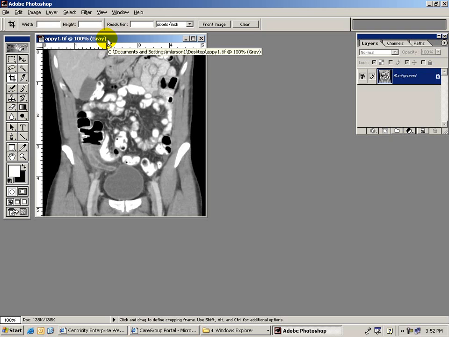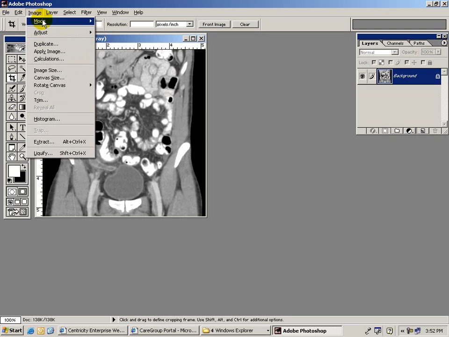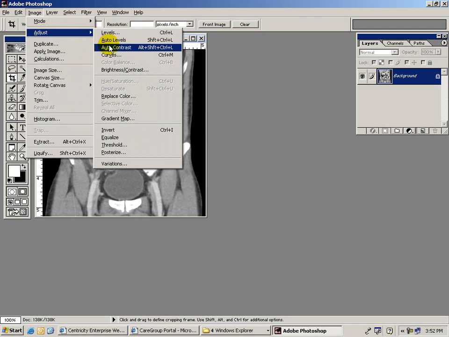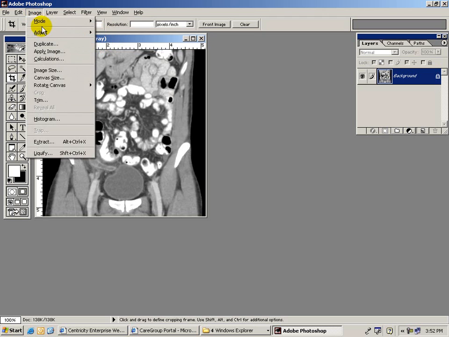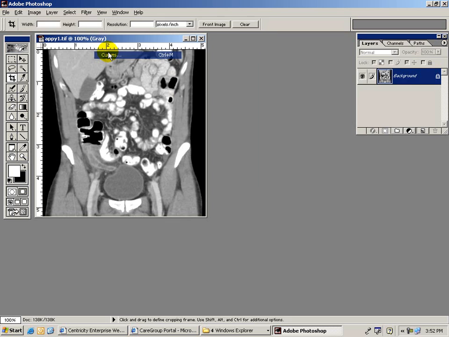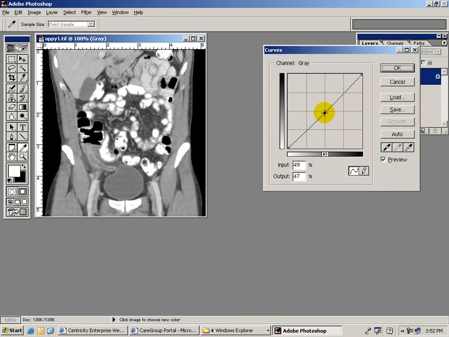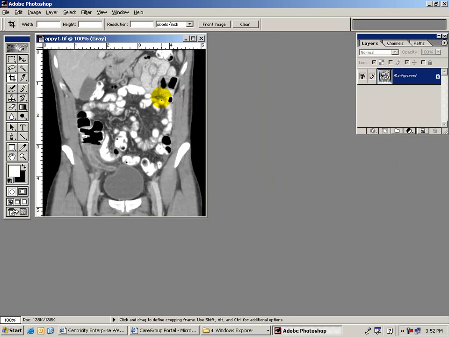Auto levels, you can see, has made it just slightly darker. If we go into auto contrast, it didn't really do much in this case. And if we're going to use the curves, you can actually look at the curve and make it a little bit brighter, a little bit darker, exactly what you want for publication. In general, for publication, you're going to want your image to be just a little bit brighter and just a little bit contrastier than what you like to see in print.